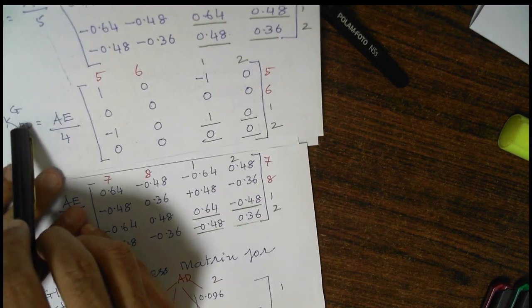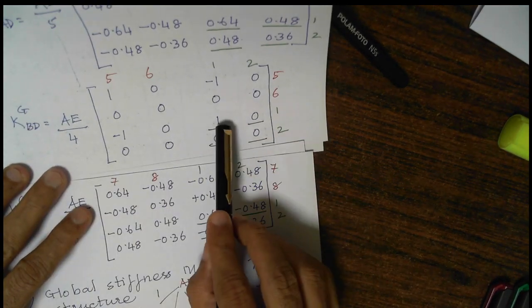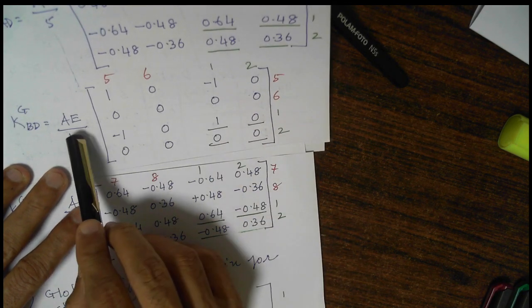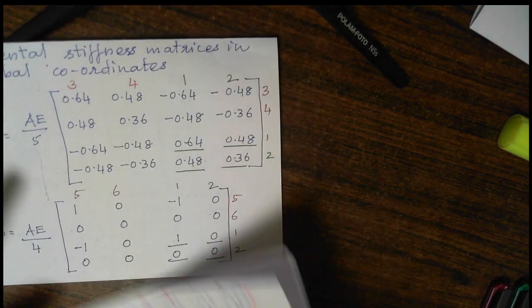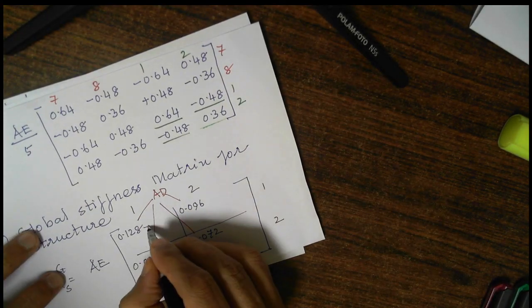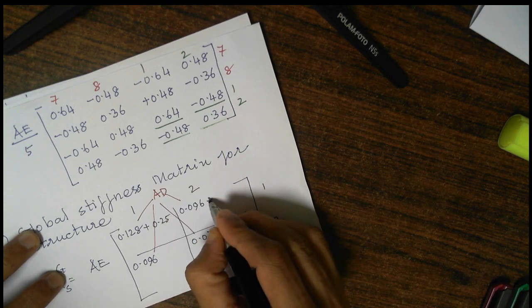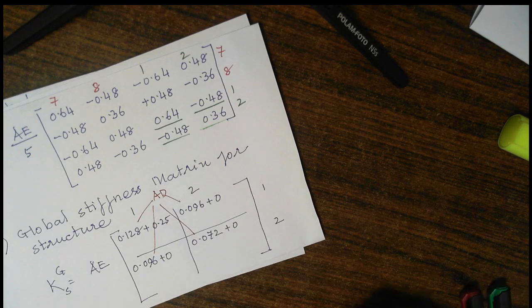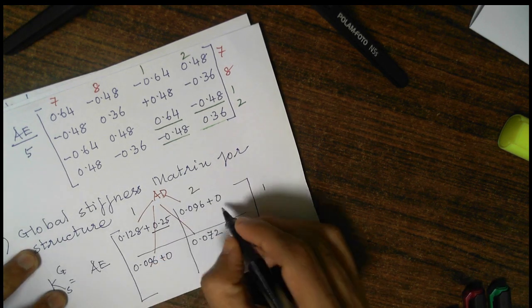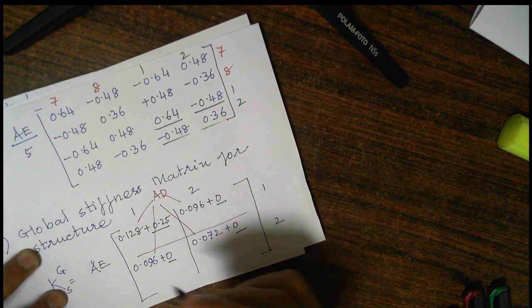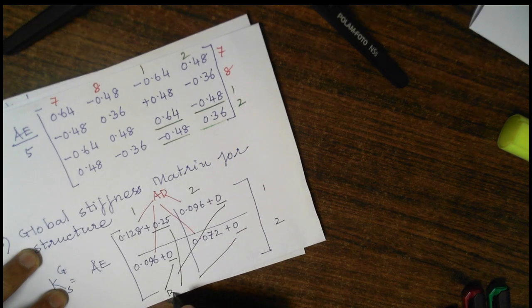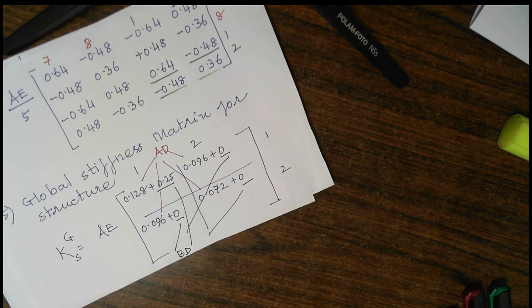Now the second matrix which gives me 1 2 1 2 is the BD matrix. In this only one element is there, other elements are 0. That 1 divided by 5 must be 0.25. So I am mapping plus 0.25 in the first row, first column, others are 0. So these 4 elements I have mapped from BD.